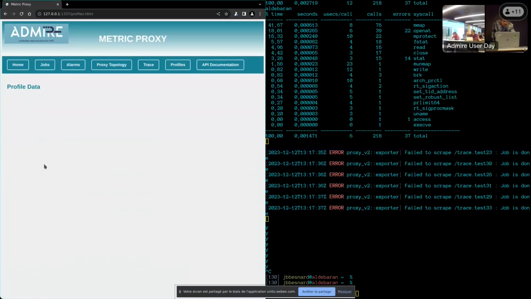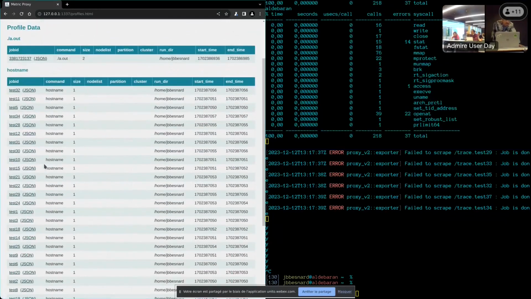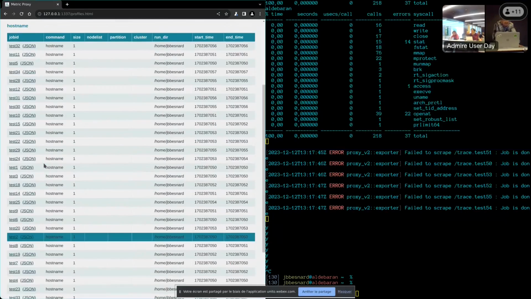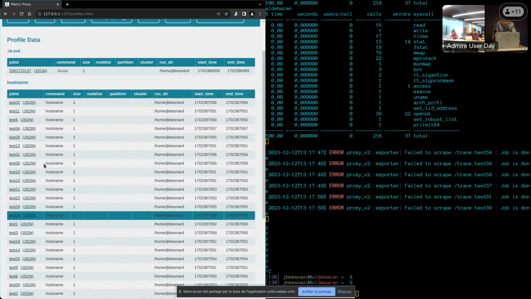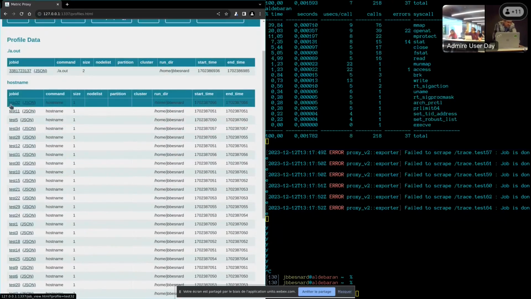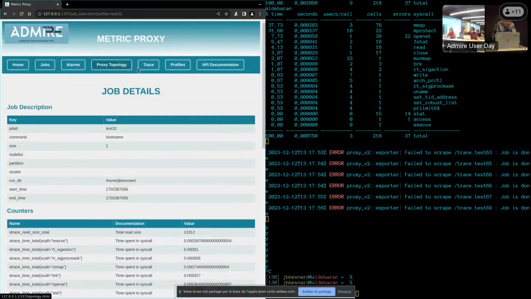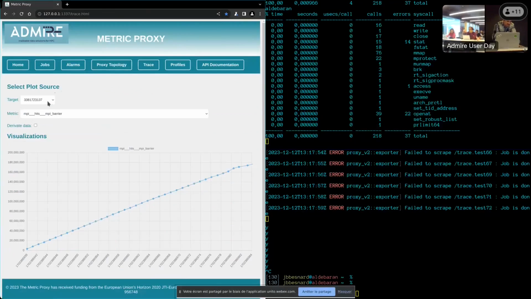So it's 100 jobs, but you see they are gathered by command. It's not ideal because an HPC application does not necessarily have a command which changes with its input, but this is how we gather them right now. And here you can see the various programs with their final data, and they will also show up, of course, in the trace view.